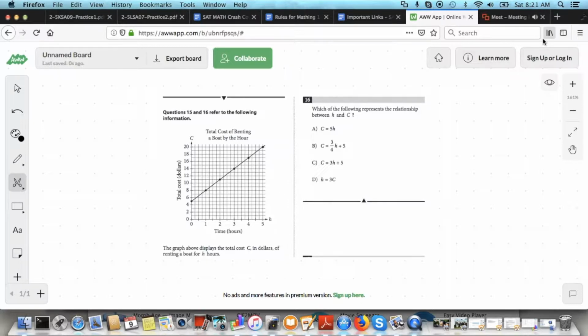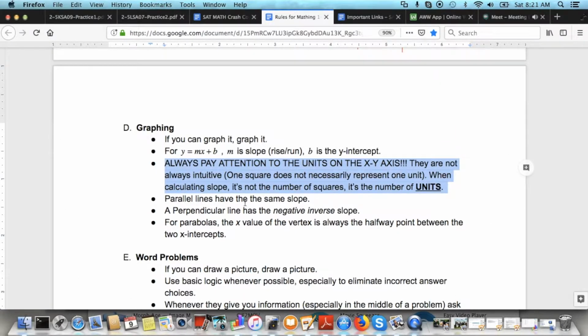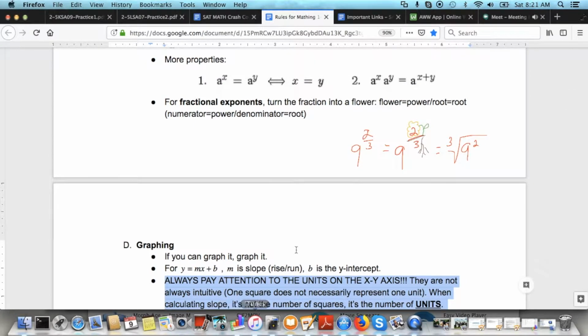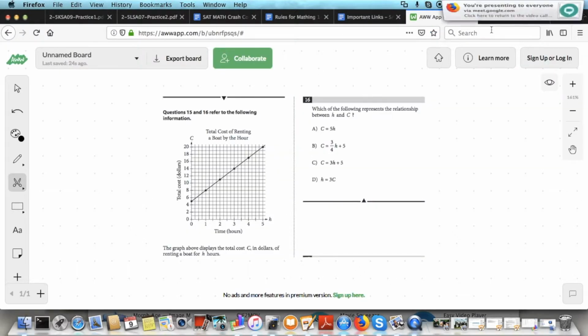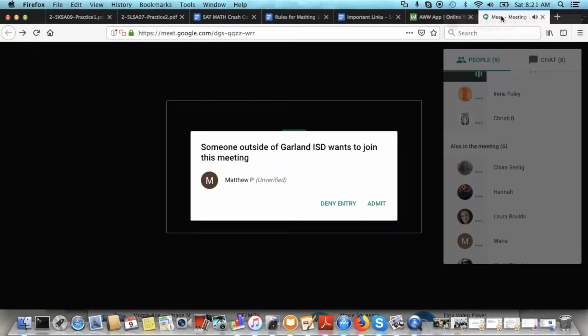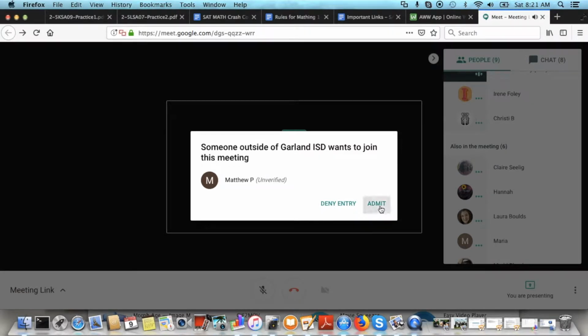In fact, as far as the rules for mathing go, the second rule is eliminate answers using basic logic. I've got rules for writing as well in the writing section, so I apologize if I referred to them as the rules for writing. So you were doing that, right? Even if you weren't plugging in values in place of the variables. So I applaud that. I think that's great. Do what's easy for you. And if, like I said, y equals mx plus b form is easier,